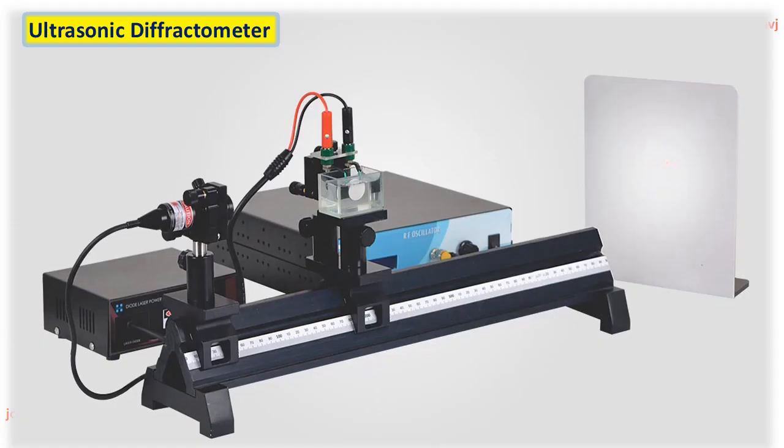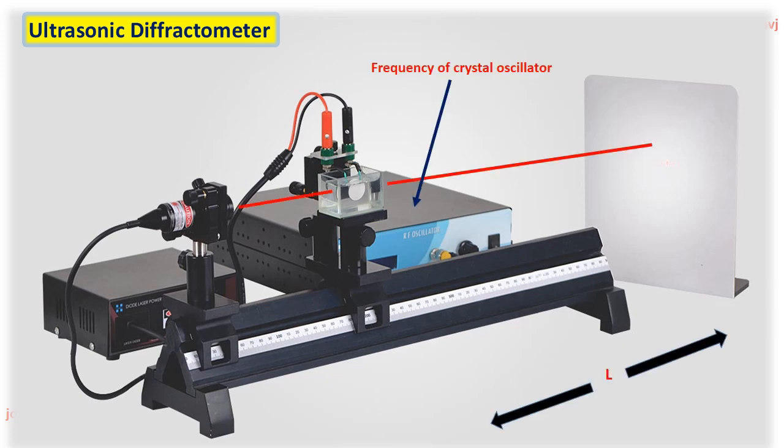So when no voltage is applied to the crystal, the light traveling through the transparent liquid suffers no diffraction. When the oscillator is switched on, ultrasonic wave produced by the crystal will travel through the liquid. They get reflected from the walls of the container, and this forward moving wave and the backward moving wave, or the reflected ultrasound, interfere with each other to produce a grid-like pattern, or an equivalent grating is created.